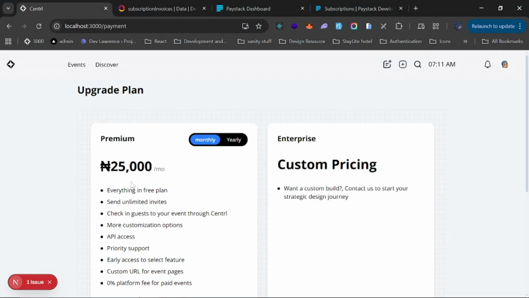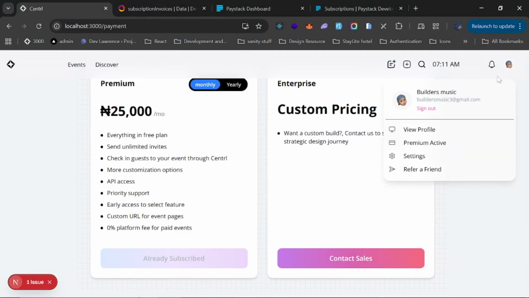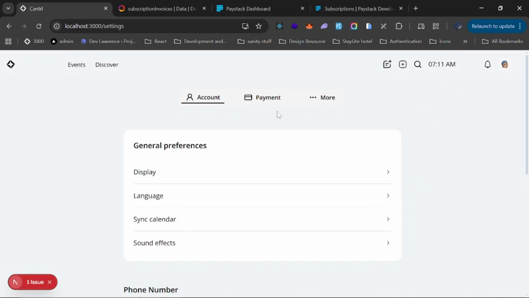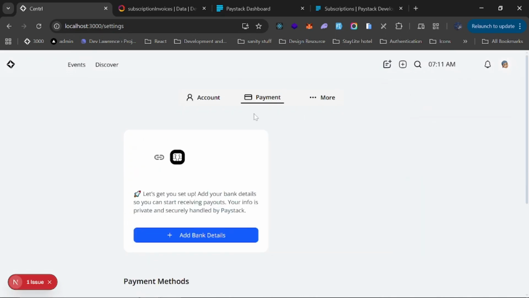And also if I go to this settings page, basically these two do the same thing, but if you are not subscribed yet, this is going to just tell you to upgrade. But if you're subscribed, it's going to show this premium active right here. So let me just go to the premium active page. I think I have to give this a better name. All right, so if I go to payment,